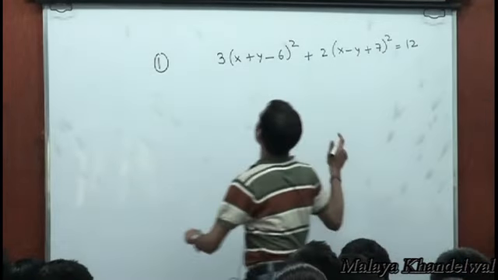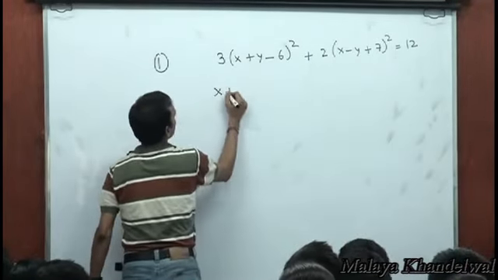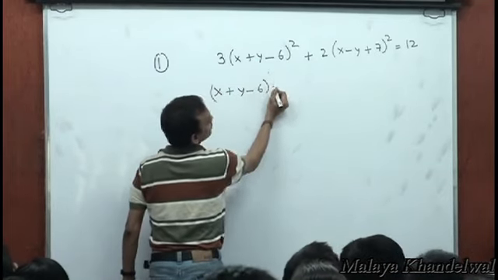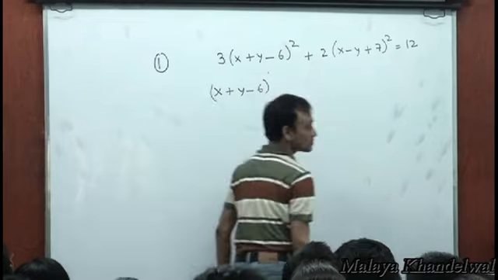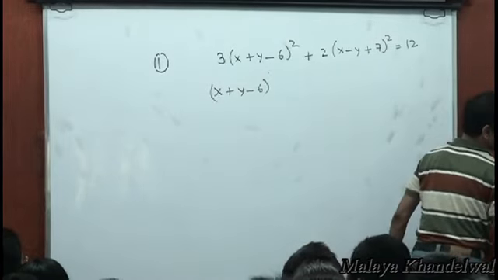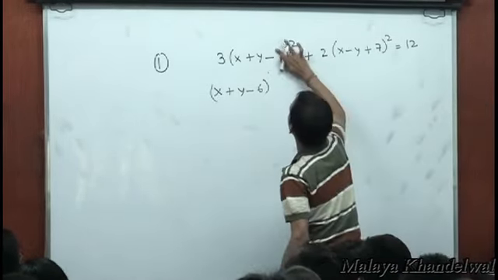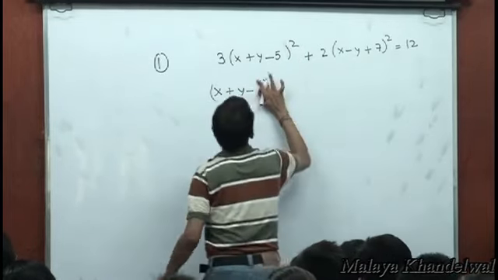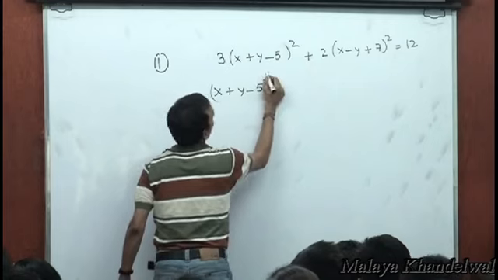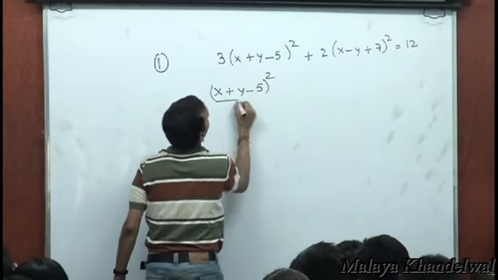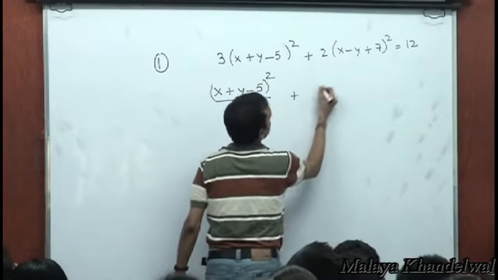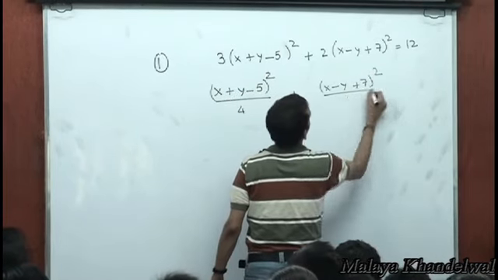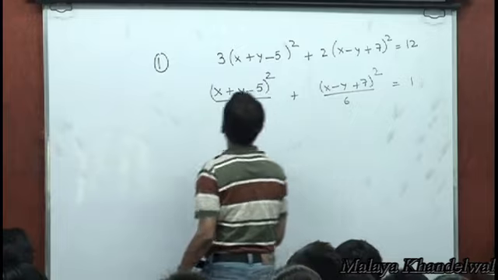You might want to write this as (x plus y minus 5) whole squared divided by 4 plus (x minus y plus 7) whole squared divided by 6 equal to 1. Now one thing for sure,